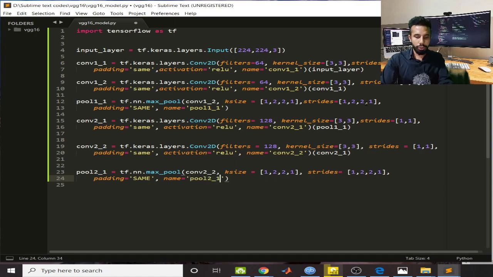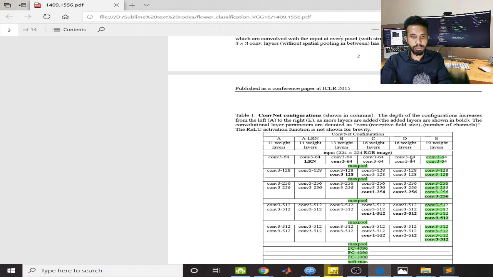So pool 21. Okay, fine. Now I'll perform convolution. So conv31 equal to tf.keras.layers.Conv2D, pass out there pool 21. Oh sorry, I'll be giving the number of filters out there. Let me see the number of filters. So they will be using 256 filters. So use 256 filters,